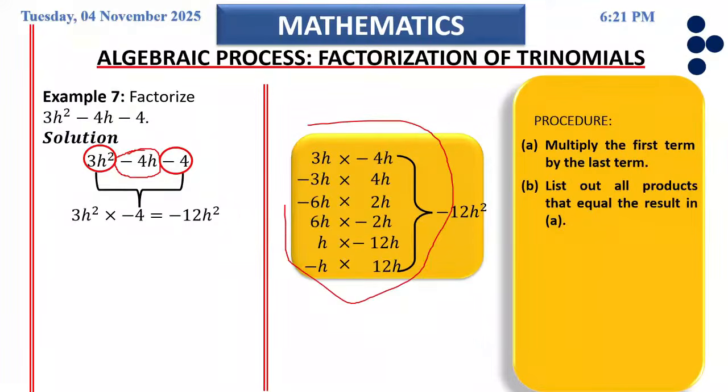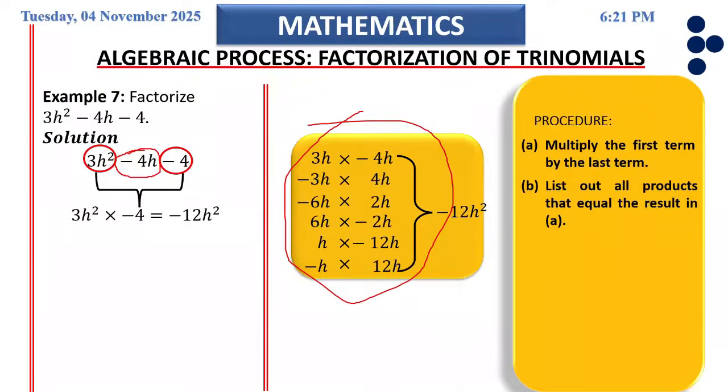That's what we have done here. You're just doing this as rough work somewhere. The truth is, the more you solve questions with factorization, the easier it becomes for you. So from where you are there, after listing out all the products that equal the result in A,